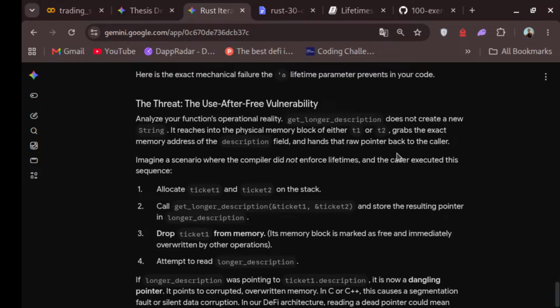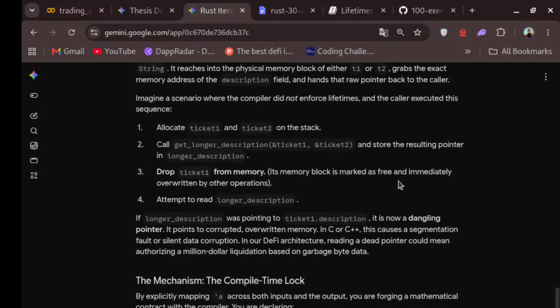Imagine a scenario where the compiler did not enforce lifetimes and the caller executes this sequence: allocate